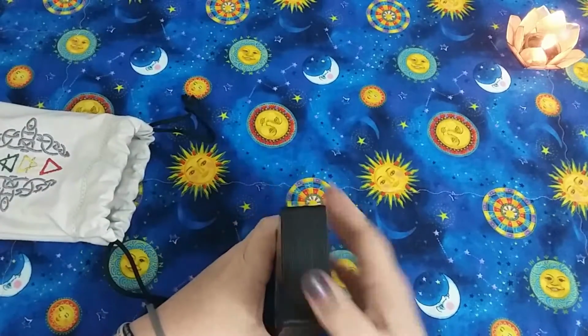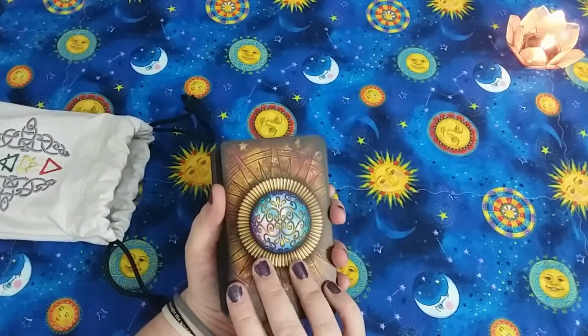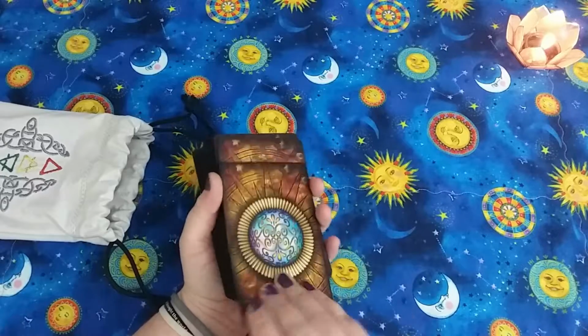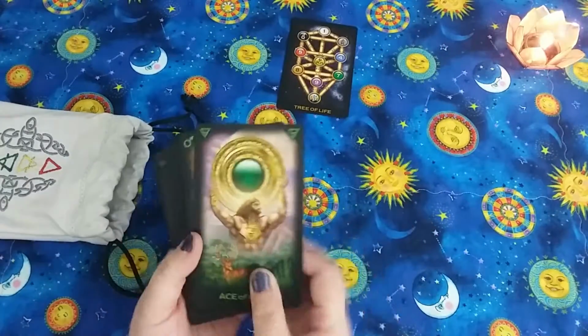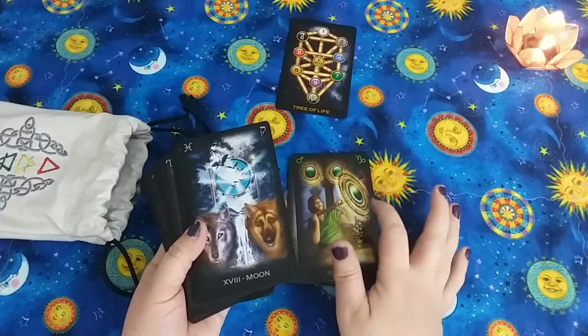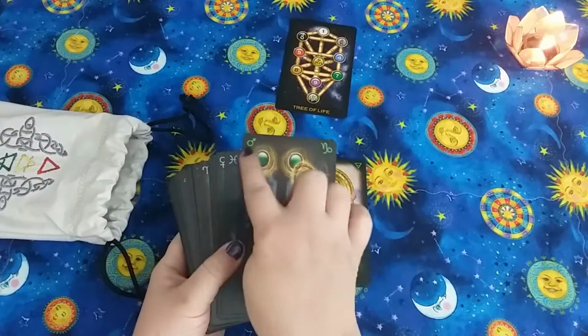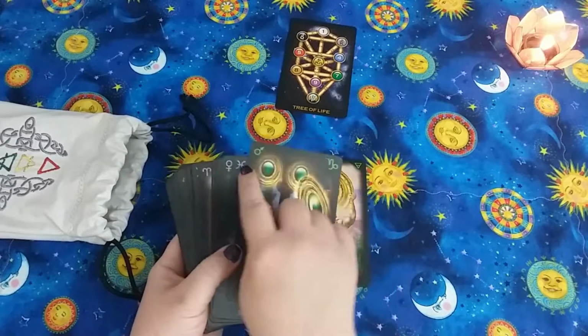I love the size of these cards. I also edged this deck in black. This is the Tarot of Dreams by Chiro. And there's also this Kabbalah card on the back. There's several things that I prefer about these cards. Number one, they're larger. Number two, they have this really clear, easy to read font and really clear symbology for